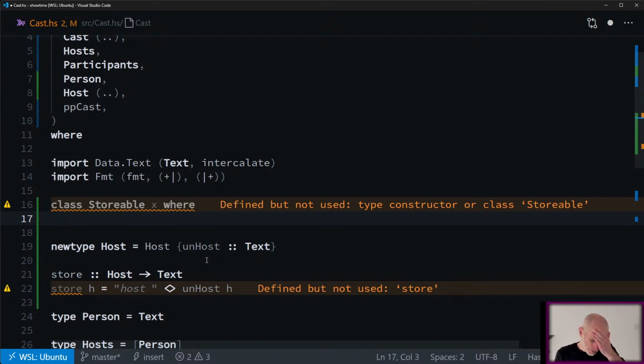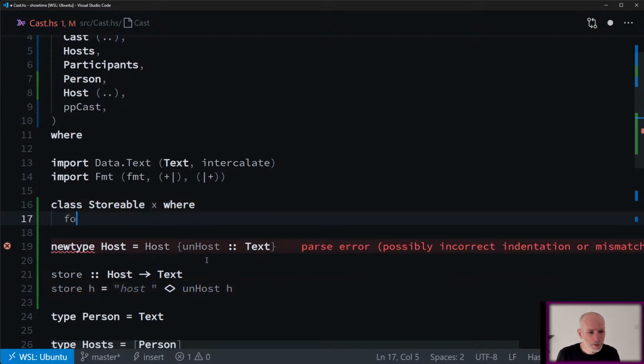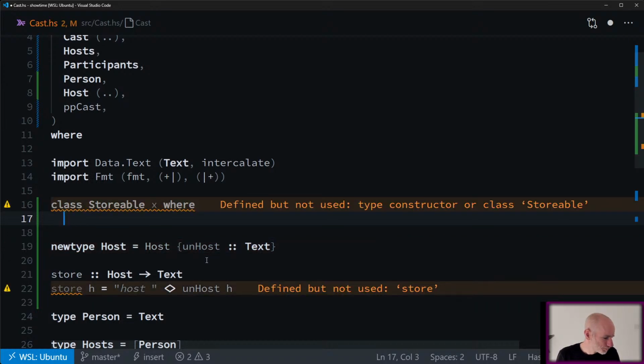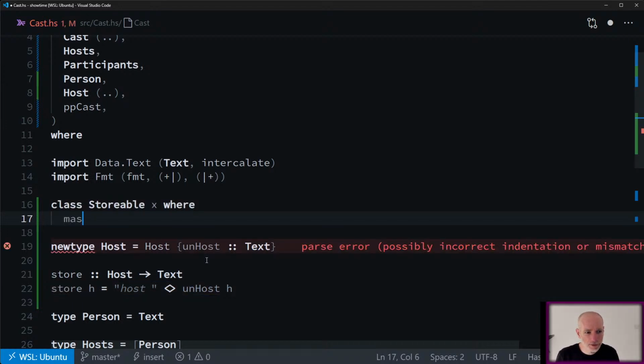And maybe say for storage. So we could just call it encode and decode. Right, kind of marshalling and unmarshalling.